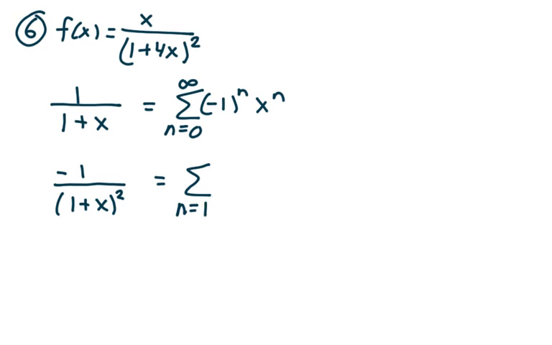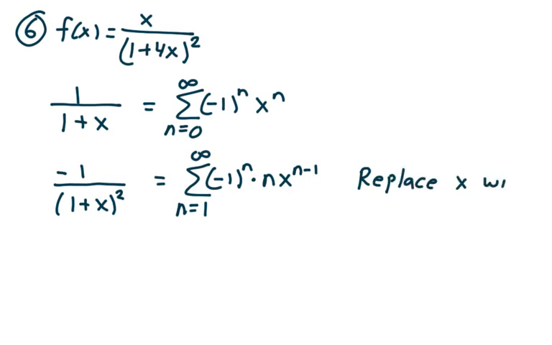So I get the summation from n equals 1 to infinity, right? And it's negative 1 to the n times n x raised to the n minus 1. Okay, from here, replace x with